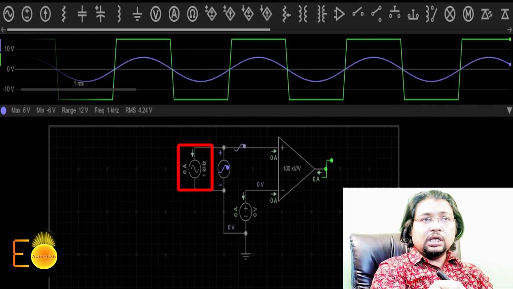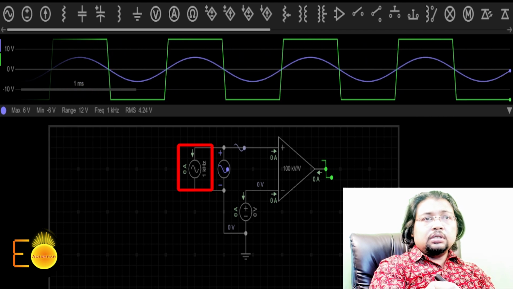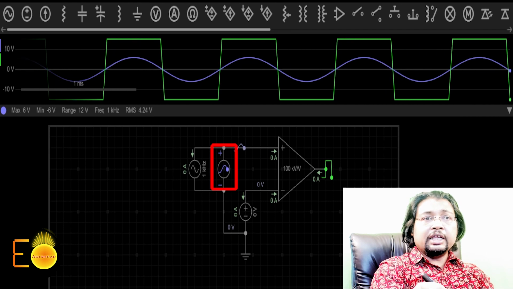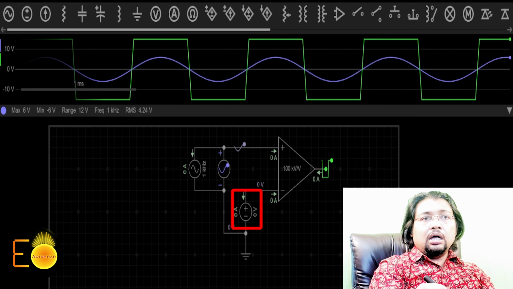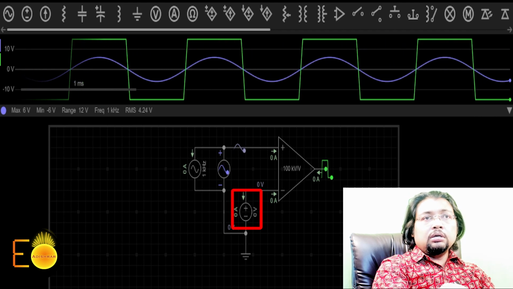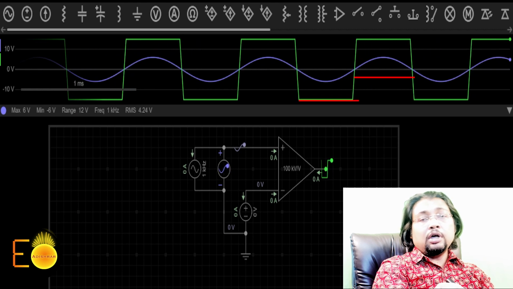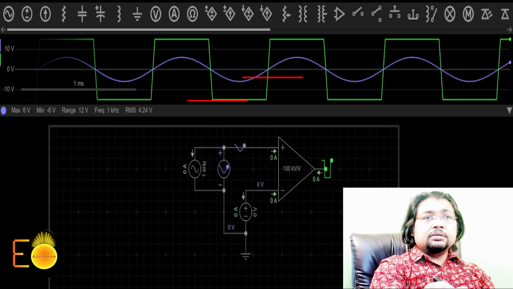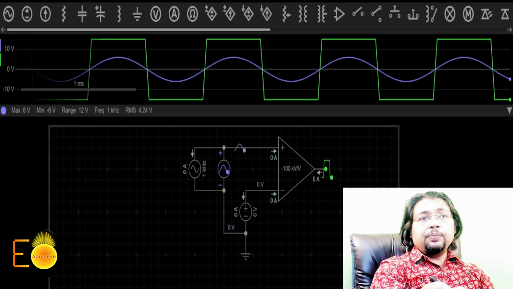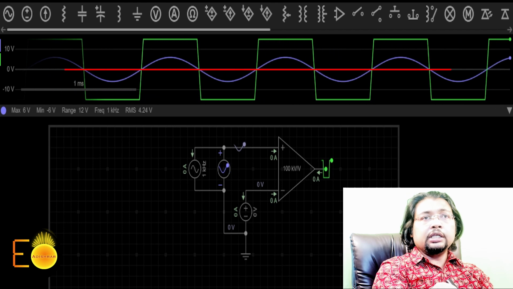This one is the input signal of 1 kilohertz, and this is a simple voltmeter that is measuring the input signal, and the reference voltage that I have applied is 0 volts. So as you can see, both the plus and minus half cycles come with equal width. And since the input signal is applied to the plus terminal, when the input signal becomes greater than 0 volts, this being the 0 volt line,